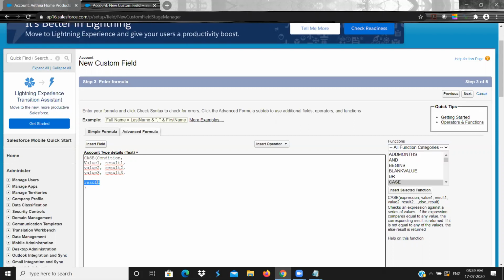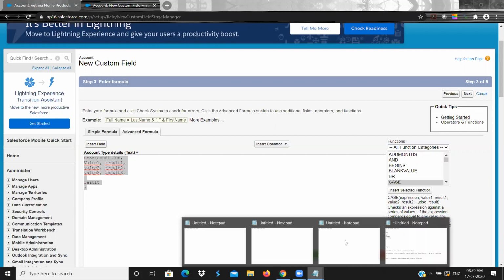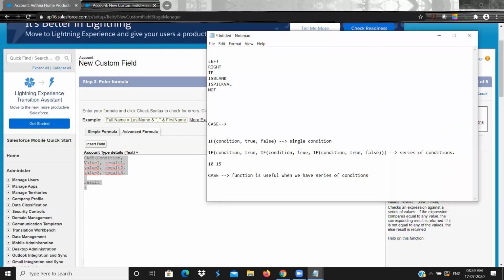Okay, so this is very easy when compared to the if condition, when it has a series of expressions, a series of values to check. Okay, so that is one advantage of using case when compared to if. See, in if, it will be very confusing when you go with a series of conditions.